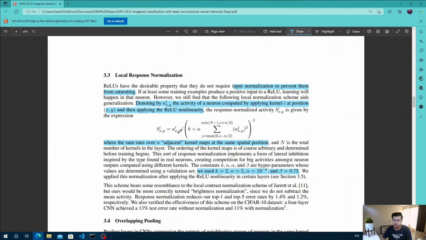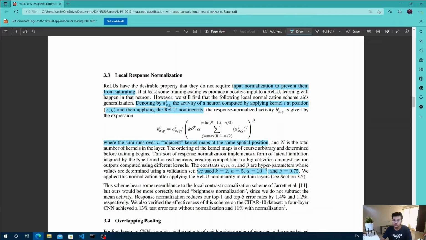So x,y is basically the coordinates or the pixel location of the kernel, and the i-th is which kernel, because kernels means the channels. If you know about CNN networks, you know how the channels are distributed in the images. So we can apply the normalization over the kernels at the x,y position, and this k is a kind of